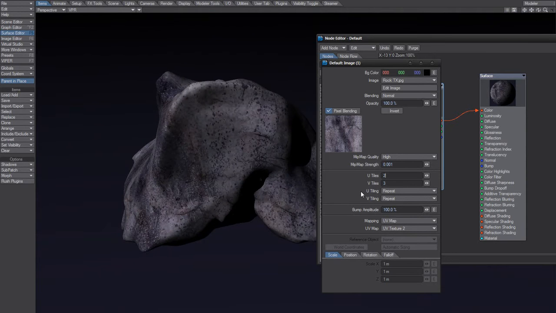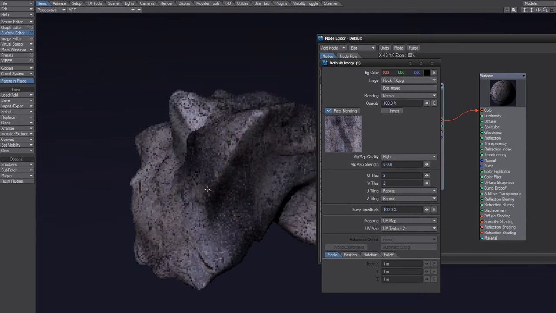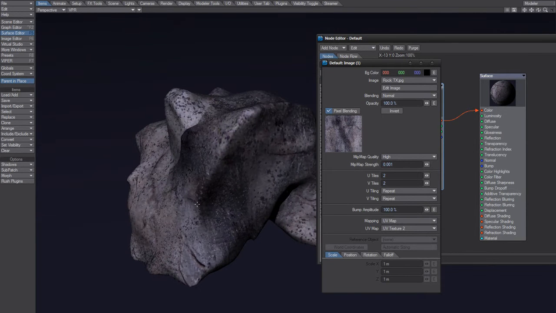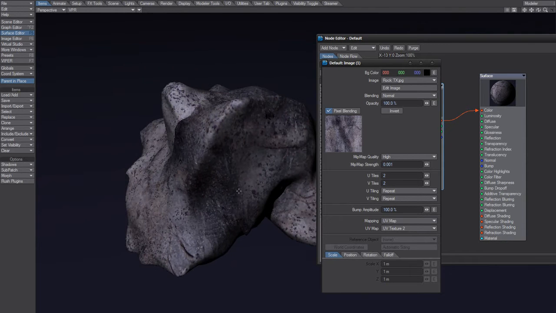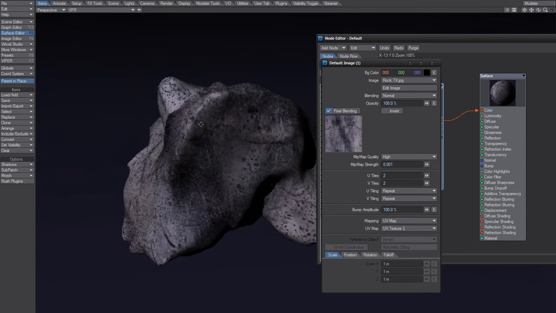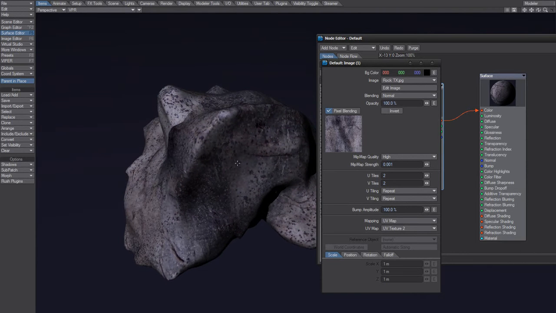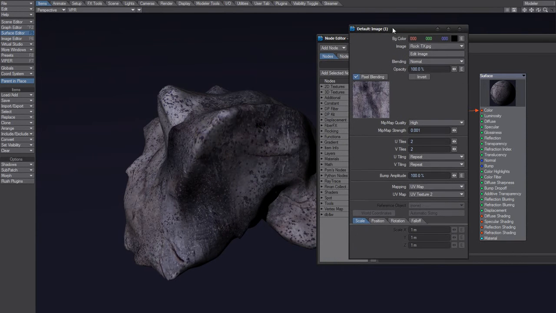Let's leave this at 2.2 for now, right? So it's tiled. And I think that looks fairly good. I'm still not quite satisfied with this, but okay, I'll leave it like that for now. There are other ways to go about this as well. But what I wanted to show you here is that